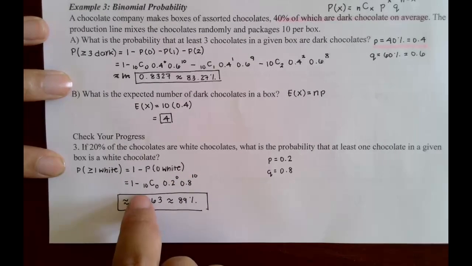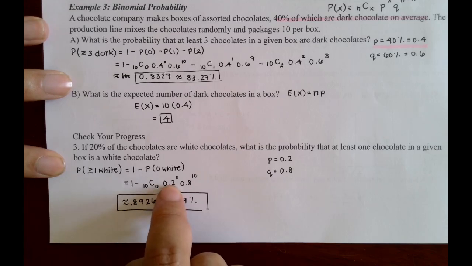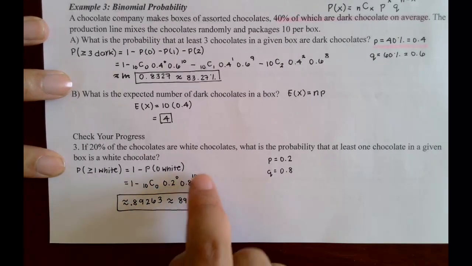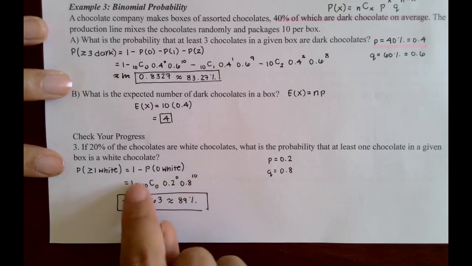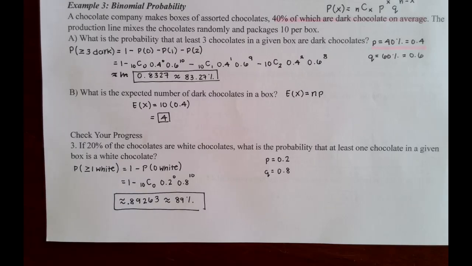That means in our 10 chocolates, we chose none of them to be white. The probability of success is 0.2 to the 0, and then failure is 0.8 to the 10th, because 10 of them are not white. Then plug that into your calculator and you get 0.89263,